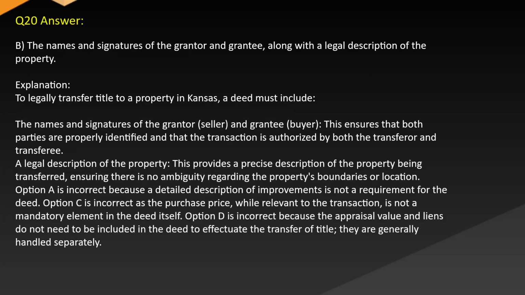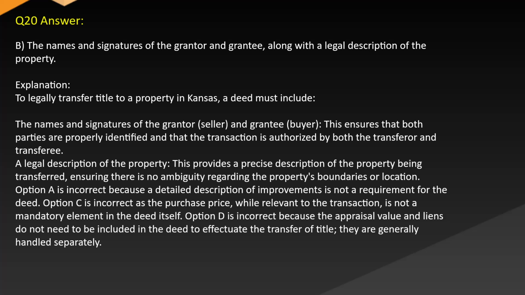Answer: B. The names and signatures of the grantor and grantee along with a legal description of the property. Explanation: to legally transfer title to a property in Kansas, a deed must include the names and signatures of the grantor, seller, and grantee, buyer. This ensures that both parties are properly identified and that the transaction is authorized by both the transferor and transferee. A legal description of the property. This provides a precise description of the property being transferred, ensuring there is no ambiguity regarding the property's boundaries or